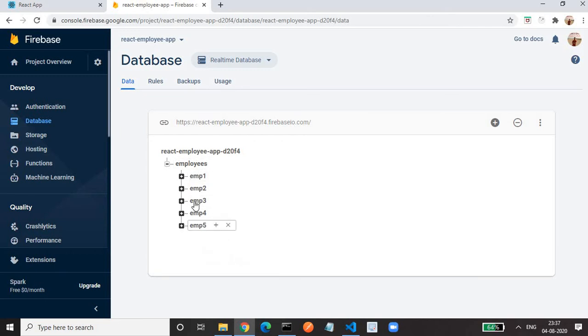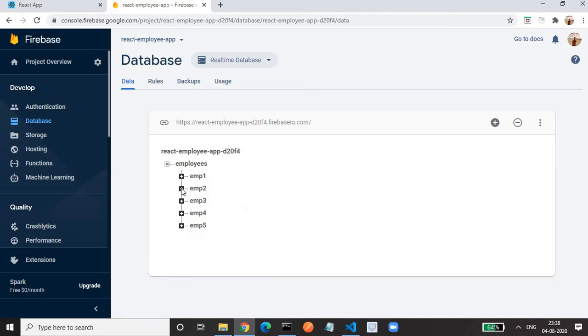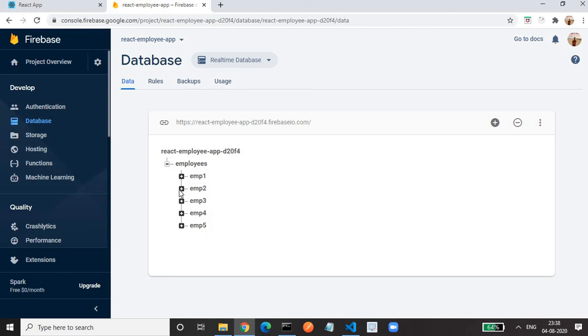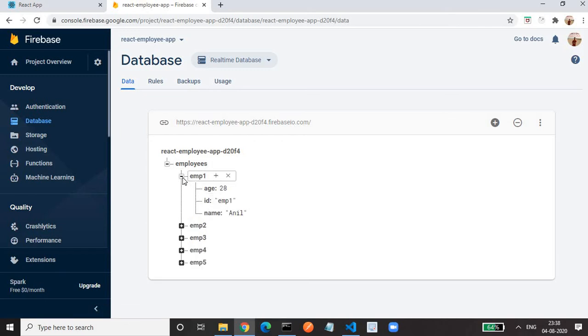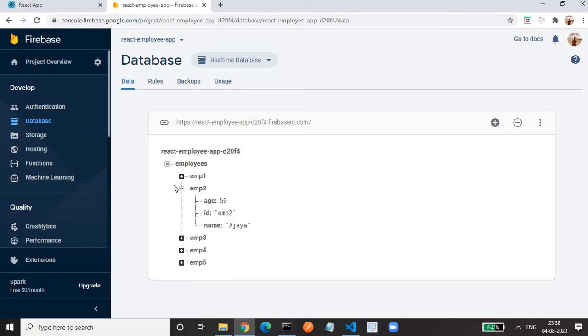Everything is a node. You can consider a node as an object. This is an object having properties. Again, this is an object having this property. And we can say employee is an object having key this one, property this one. And then employee 2, key, then property.